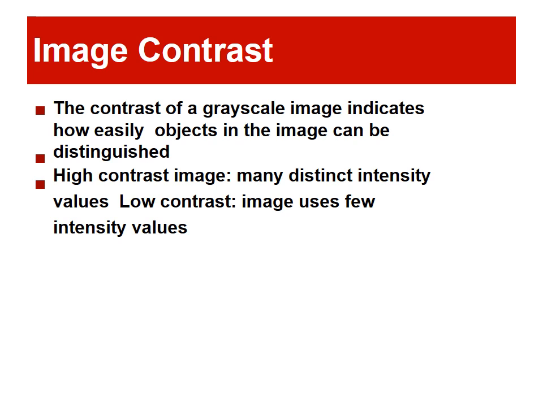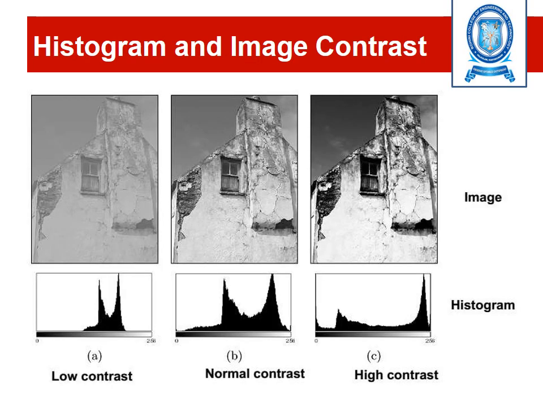Next we have to note down the image contrast. In the high contrast case, we note how many distinct intensity values are present, and in a low contrast image only a few intensity levels are used. So to note the contrast, we have to note both the high levels as well as the low levels in an image. For example, we have taken two images, and we are now plotting them using the histogram.